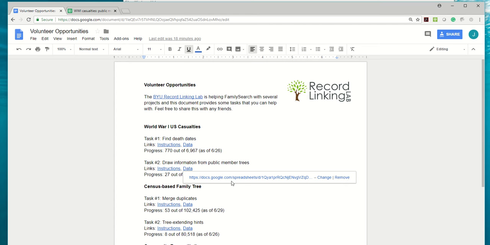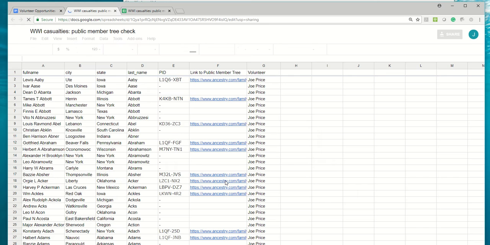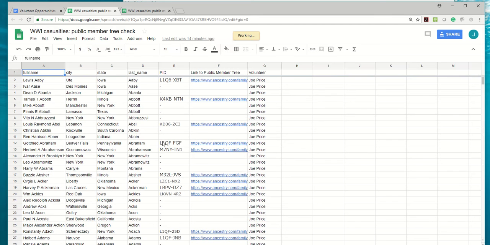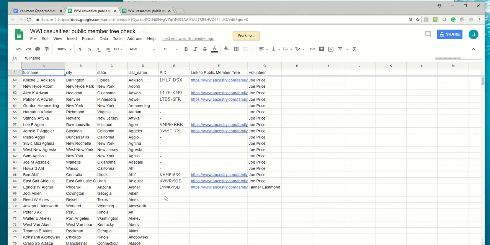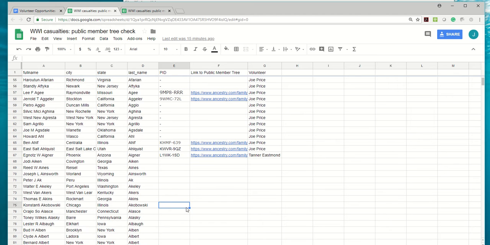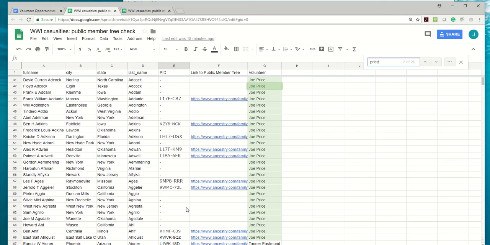Let's click this data. This is going to take us to a Google Doc that has the people. And now you can basically come down and look for a blank space. I actually want to look for someone with my last name, so I'm going to type in Price,